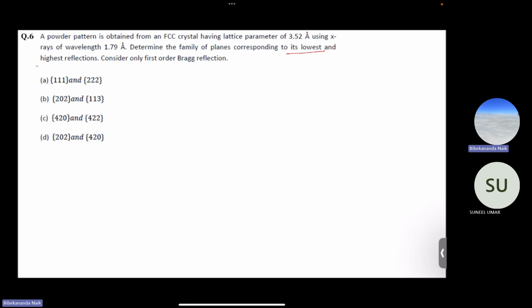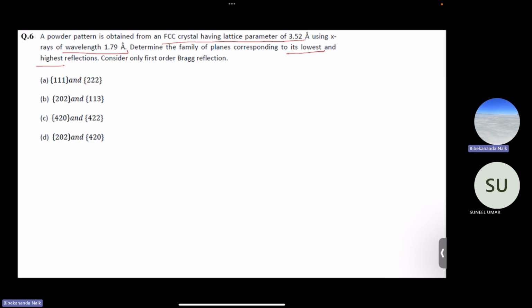In an X-ray diffraction spectrum, there are different peaks. So we will consider only first order Bragg's reflection, and corresponding to those, what will be the lowest and highest reflections if we use the X-ray wavelength of 1.7 angstrom and the powder pattern used for characterization is an FCC crystal having the lattice